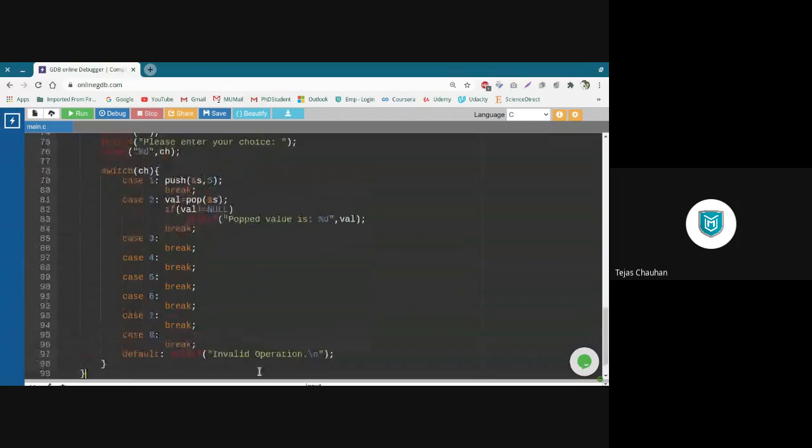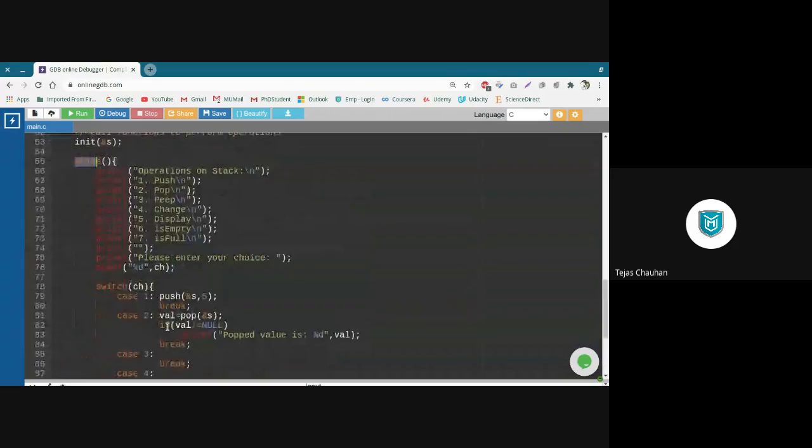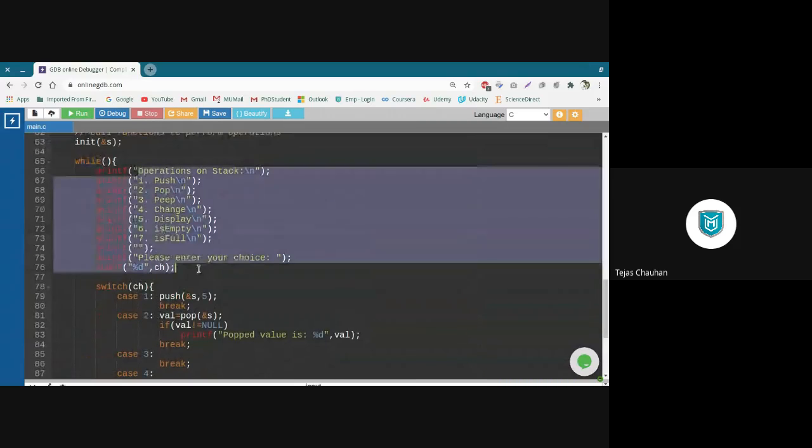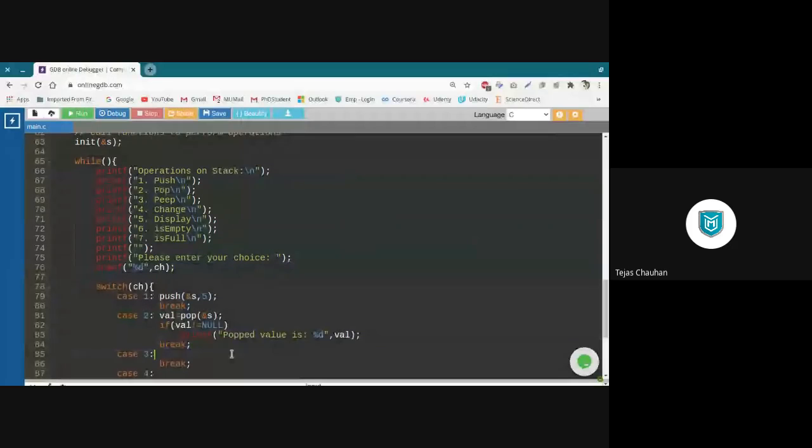So now this while loop is going to be repeated, and every time I'm going to print this menu, and based on the choice, I'm going to call this function. Now, how many times do we need to run this loop? 5 times, 10 times, 15 times? That is not fixed actually. So at this place, I'm going to create this while loop as an infinite loop. So while 1, which is a non-zero value, is true. So this loop becomes infinite.